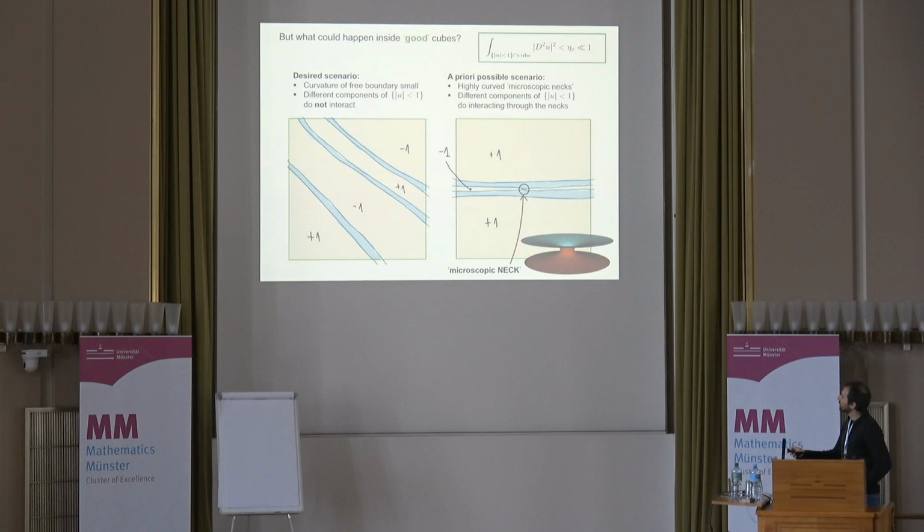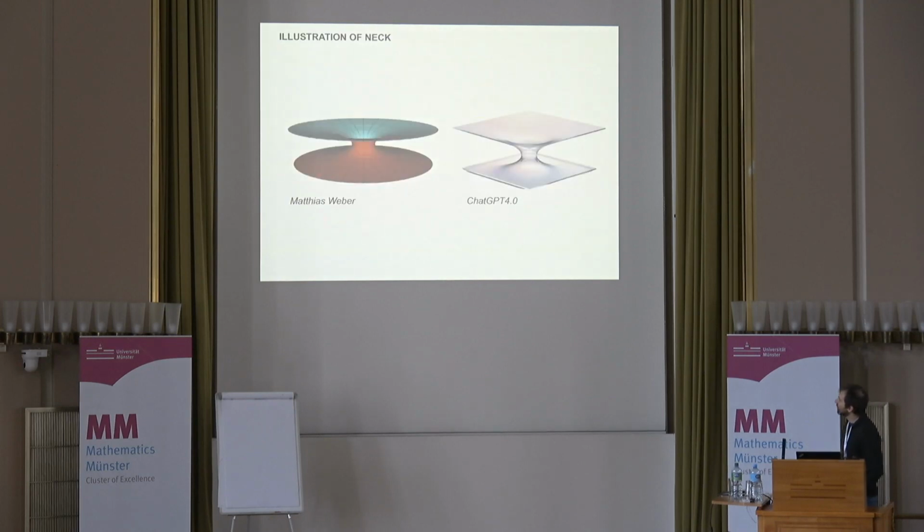So the free boundary problem for this one and this one, they don't see each other, at least for this free boundary. The problem is that a priori a possible scenario is that two of these transitions come close to each other, and then a neck between them is created. This is a 2D picture because I don't know how to draw, but you need to imagine that these are like a plane, another plane, a fat plane. They are sort of separated and connected with a neck, like this. So the region U less than 1 is connected through the neck.